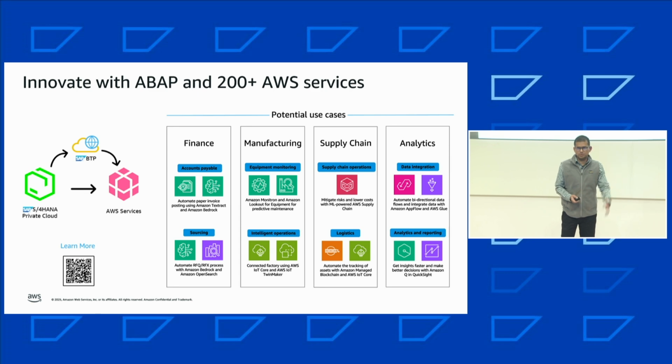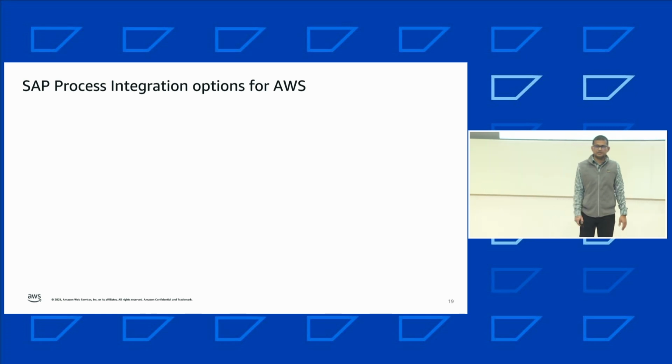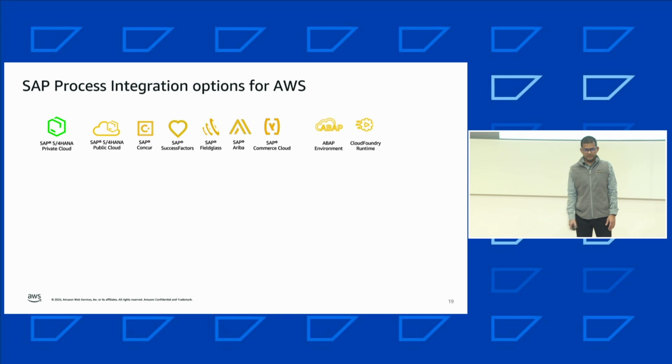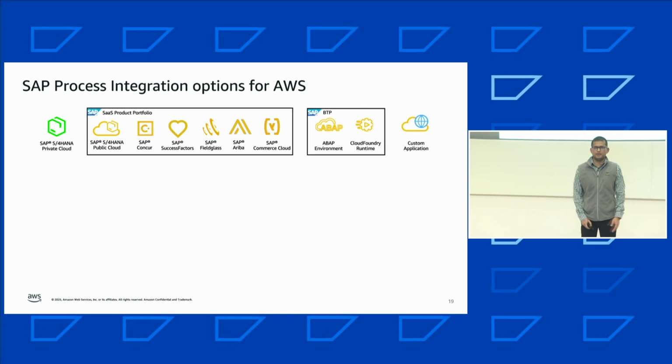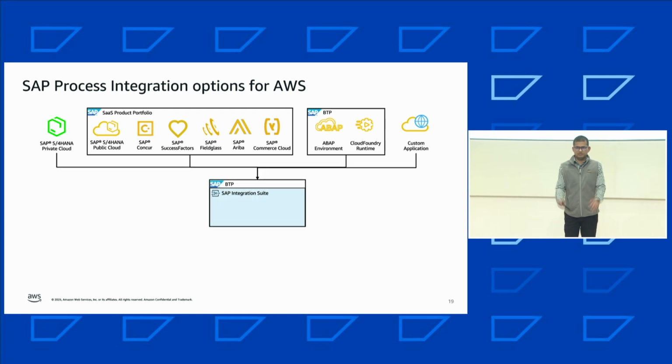But there's one thing. The next slide is basically to bring the whole comprehensive picture. This is the variety of applications SAP offers: SAP S/4HANA in private cloud, public cloud, SaaS solutions, ABAP environment, Cloud Foundry runtime. Maybe you have written a little Node.js or Java application on premise. So how do I integrate with AWS? One thing we already talked about is that everything integrates with